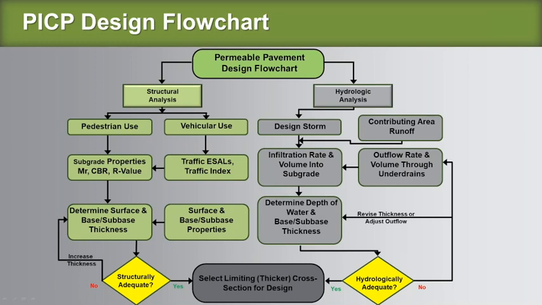We look at what's the intensity of that storm, how much water comes to the pavement, how fast does it get there, not just what falls on it, what comes off of the buildings or on the front lawn or the parking area or the cornfield or the park. And we combine all the water that comes to the pavement, and then we have to ensure that it has the capacity to first infiltrate it, get it into the ground, into the pavement structure,